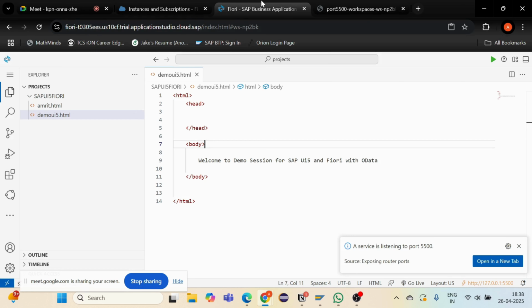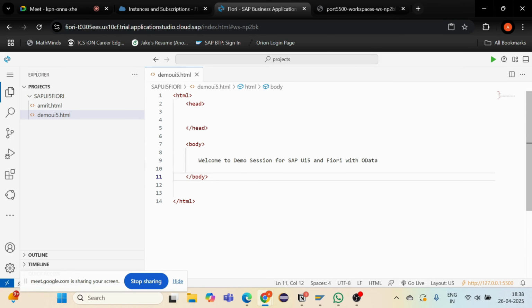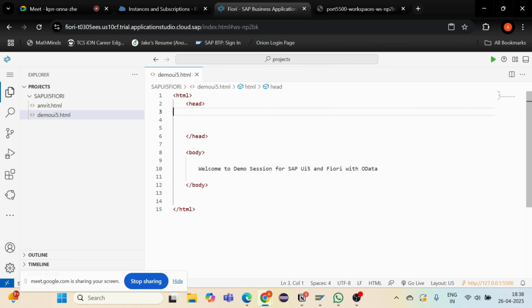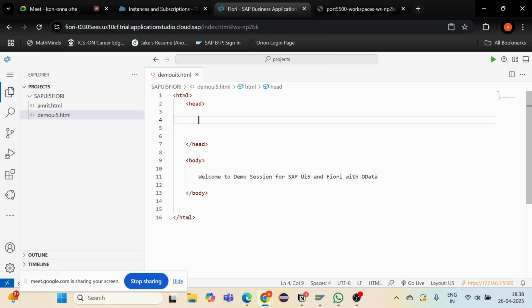Now I want to utilize my UI5 framework in this particular program that I have developed here. How can I utilize that? Using the head section, I will call my JavaScript framework here. This framework I am going to simply call. So I will use a script tag, and I will write src equal to